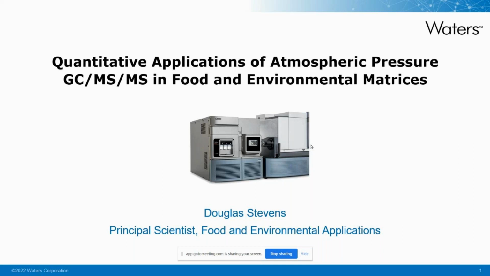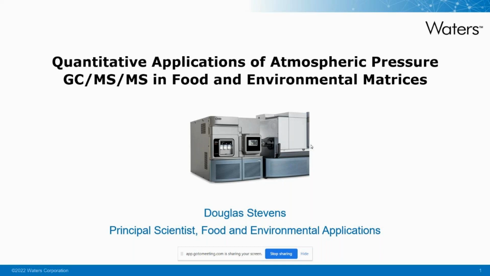So the technique we'll be talking about is atmospheric pressure GC. So APGC is the acronym you'll hear, and that's the Waters product. You'll also see the term GC-APCI, which is the generic term for the technique. And we'll compare and contrast some data from EI, which is the more traditional, older style ionization for GCMS, to